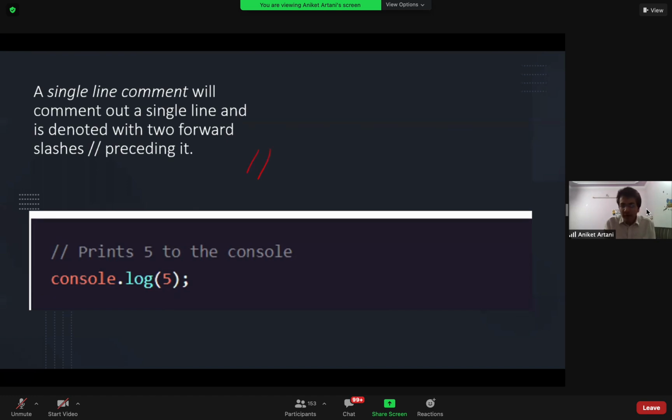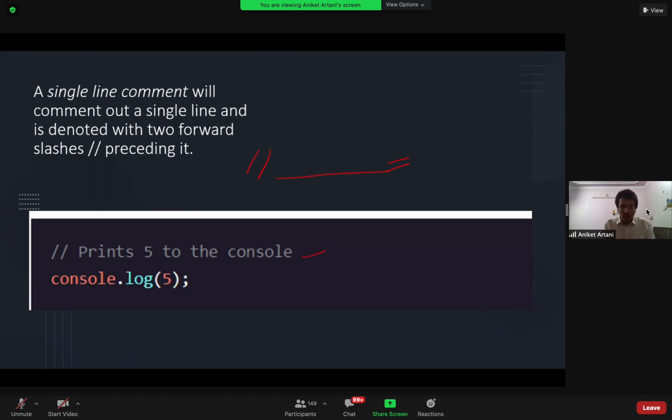Whatever you write after the two slashes will be treated as a comment, and it will not be compiled and will not show any error. This is only for your personal use. Like here I have written print 5 to the console.log. Besides using comments for personal use, you can also use comments for learning, like currently you have started learning JavaScript.